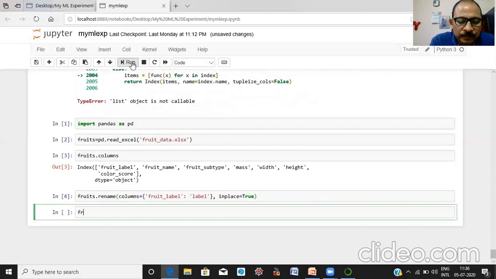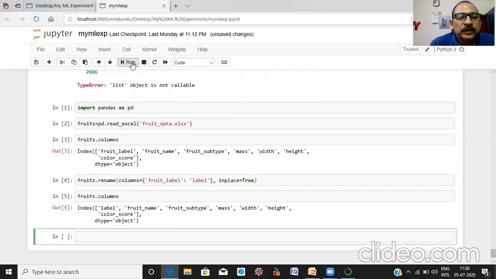Let us see fruits columns. Run it. Here you can see this fruit label, the name of your column, is changed to label.